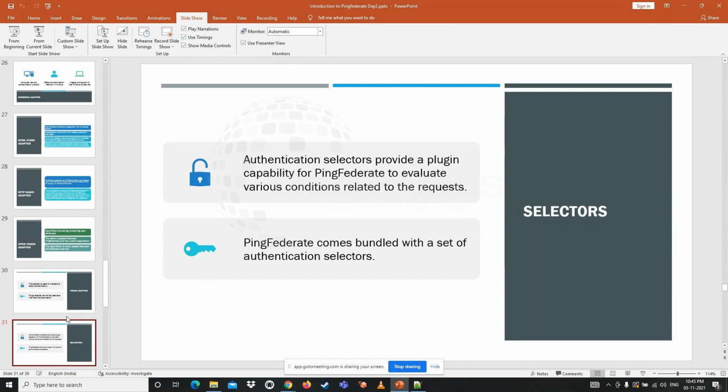Okay, so selectors is a component in PingFederate which is used to choose, based on some kind of condition, which adapter to be triggered for a particular connection. For example, if you have two or more adapters configured for a single connection,